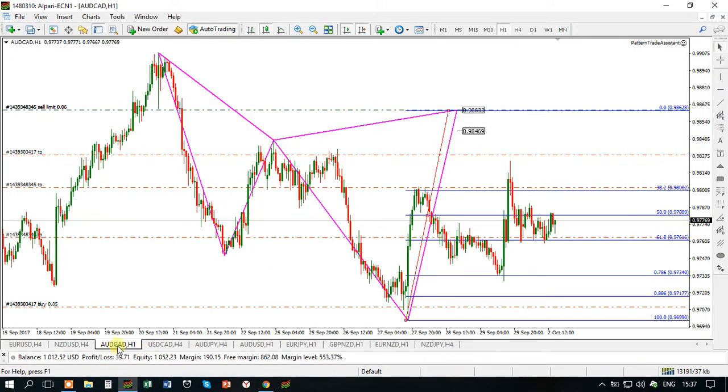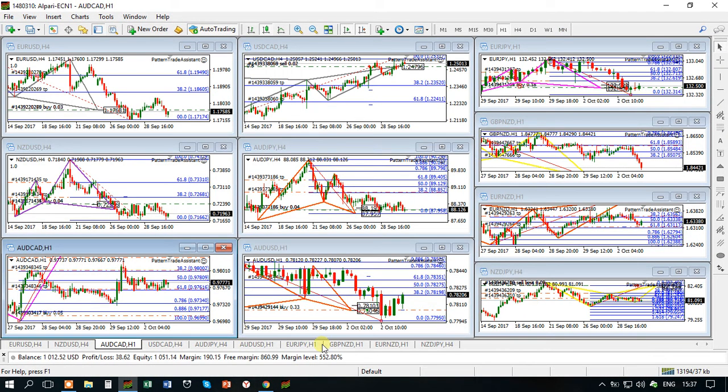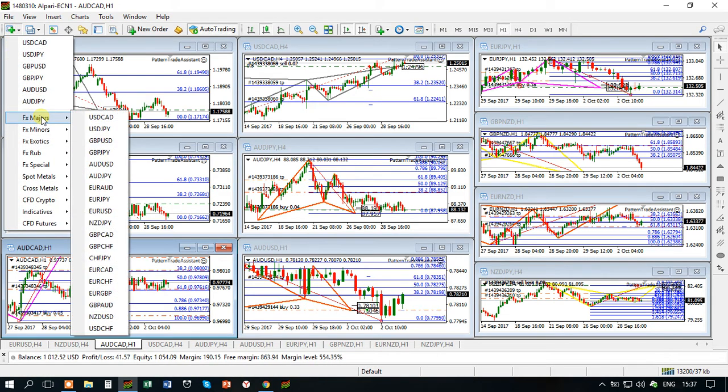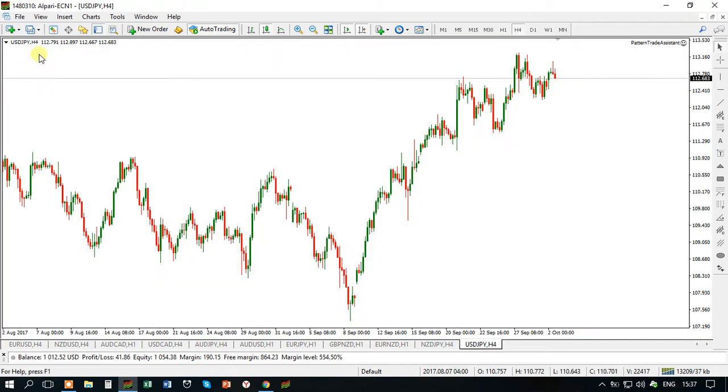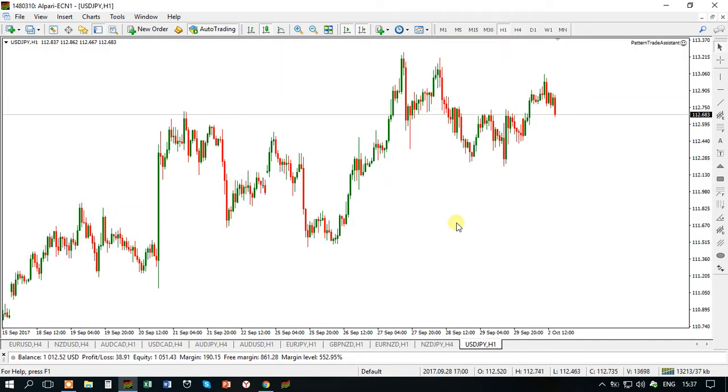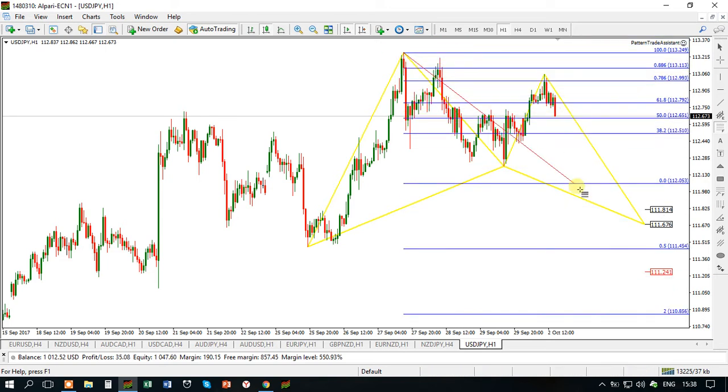Dollar yen, do I have this opportunity? Dollar yen, nope, no dollar yen on my radar. Majors, dollar yen is here, it is 1 hour and it is a bullish bad pattern. C to X, and the rest is calculated automatically. Stretching the fibs,